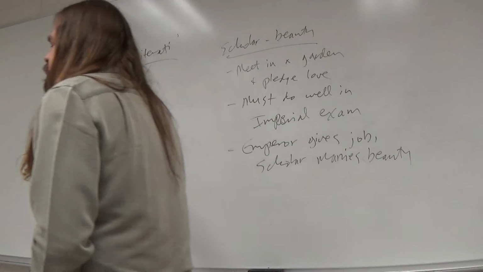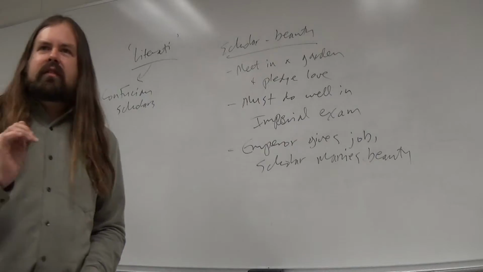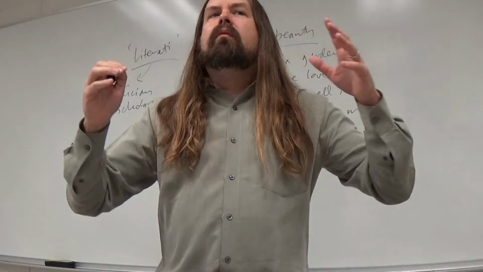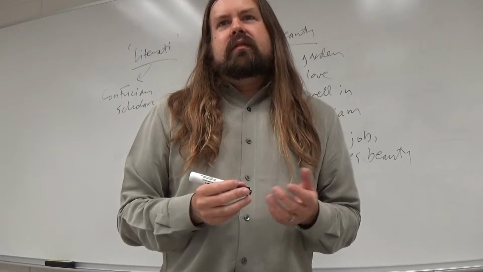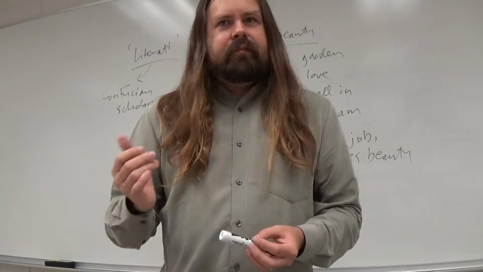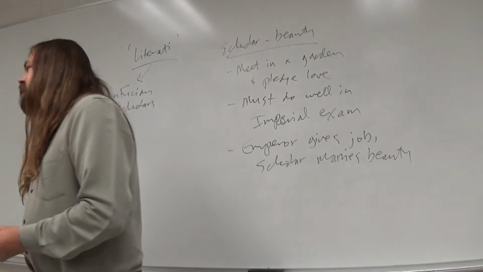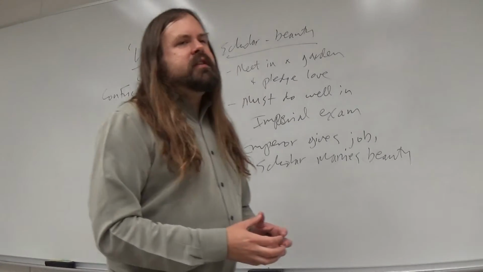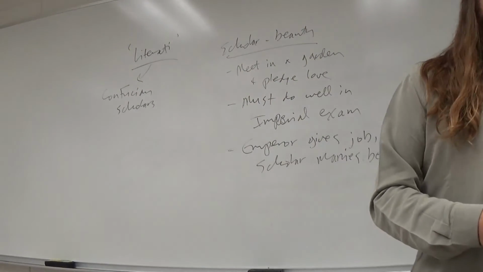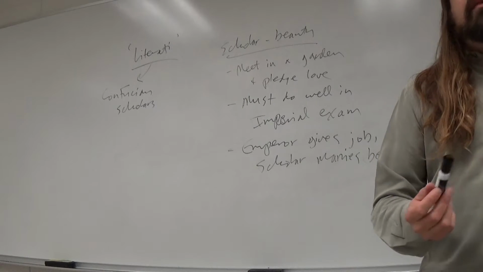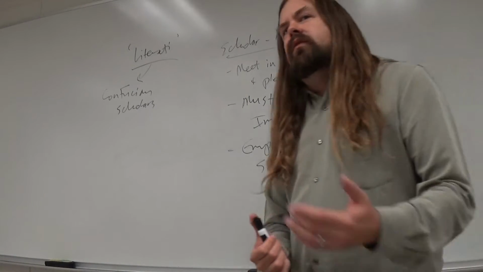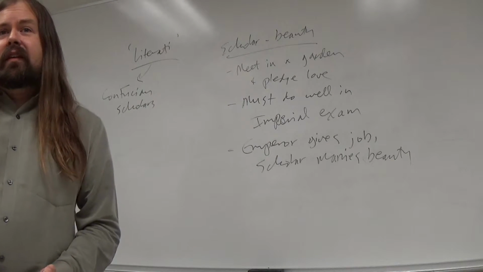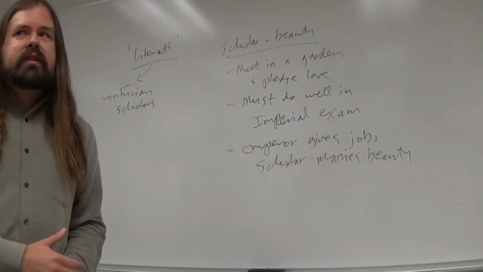Now, do we see these conventions pop up again? If this was a scholar beauty novel, how ideally would it end? They would have gotten married and been happy. Yeah. Jia Bao Yu would score very, very high on the imperial examination, and he and Lin Dai Yu would marry and live happily ever after, right? So what actually happens? Lin dies. Yeah, Lin dies for one thing. He gets 7th in the exam. Yeah, he gets 7th, which is still really good,